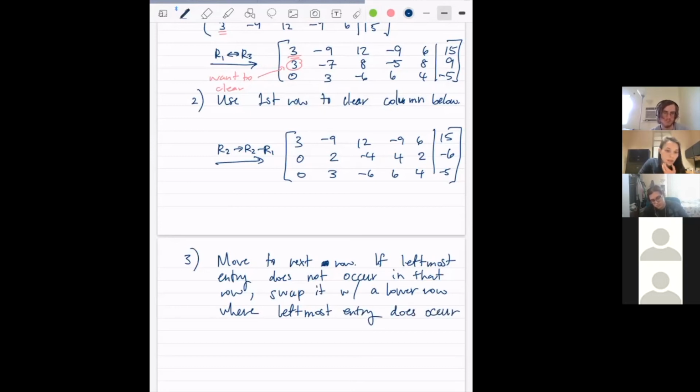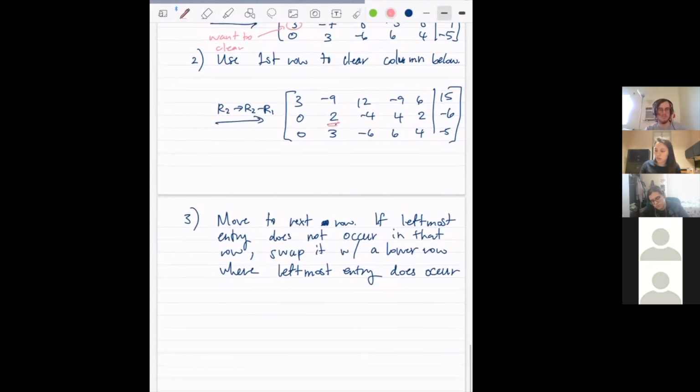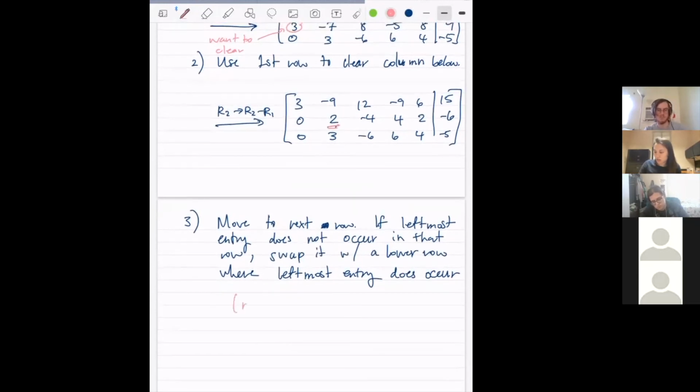Okay. So in our example, that's not necessary because our leftmost entry right here does occur in the next row, right? So this is not necessary in our example. So we move on to the next step,